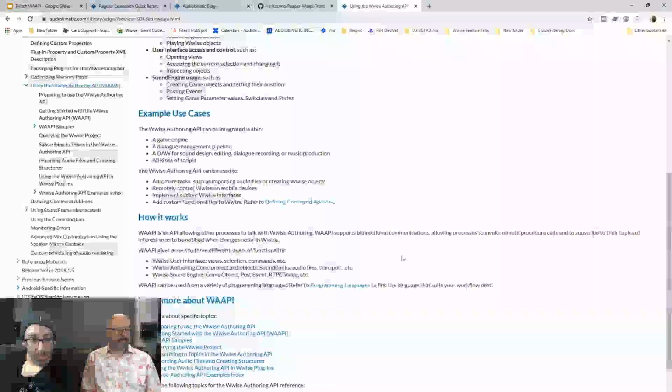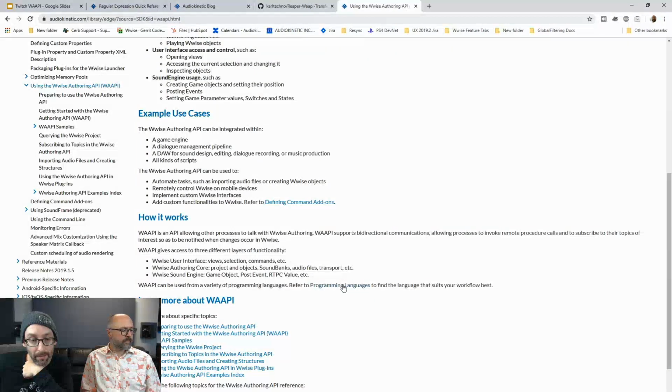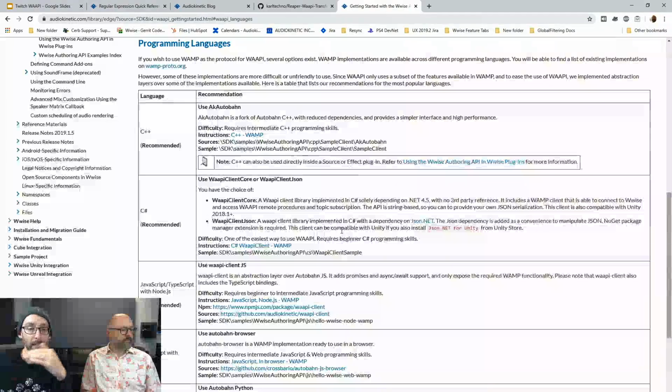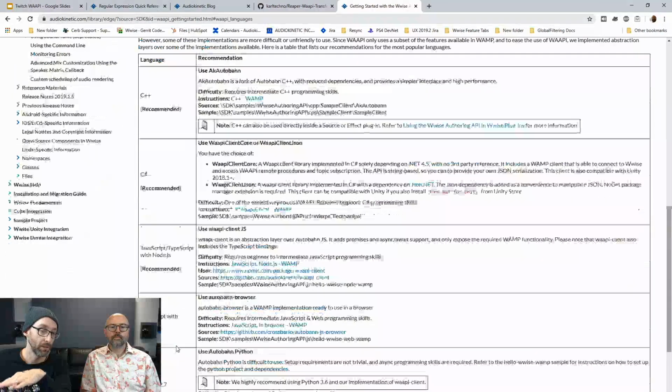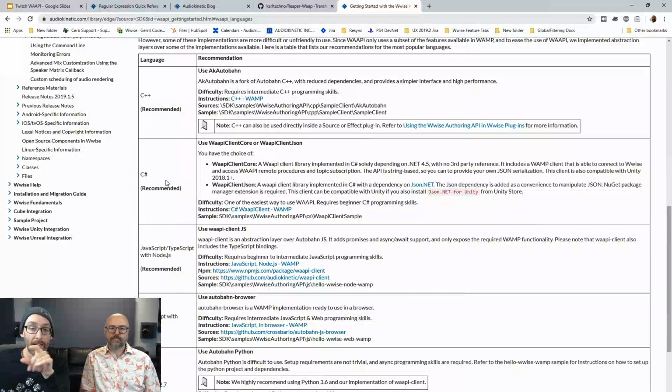There's a page that shows you all the different language options that you have. And for each of these languages, there's an example instruction. So we'll take a look at the C#, for example.